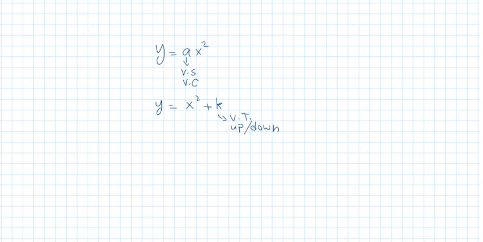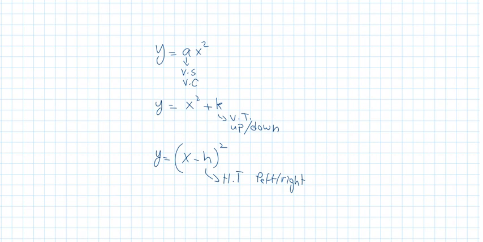Then after that, we learned this, right? With the x minus h squared, where h is the horizontal translation, left or right. Okay? But we've seen so far this by itself, this by itself, this by itself. Okay? So if I put all of this together,